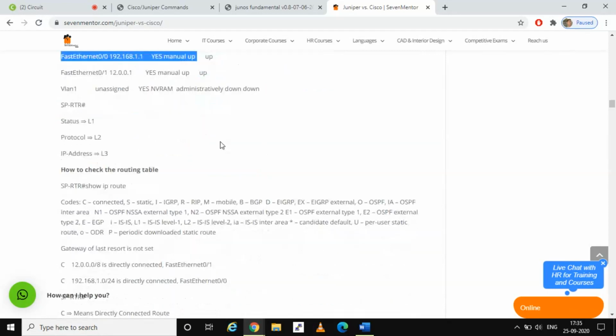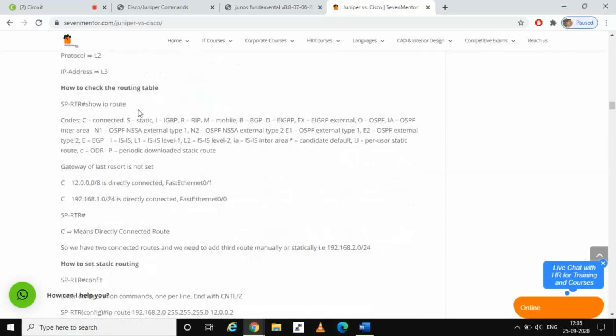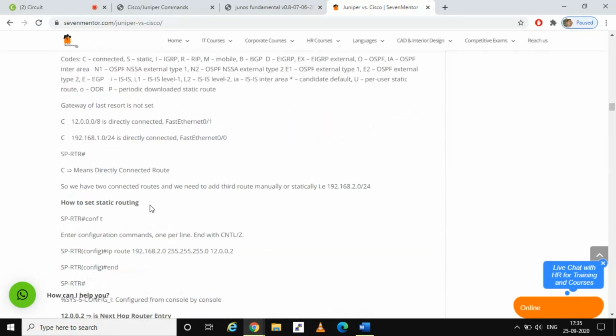Then we check the routing table with show IP route, which shows 12.0.0.0 directly connected, and this 1.0 network is directly connected via the 0/1 and 0/0 interfaces.